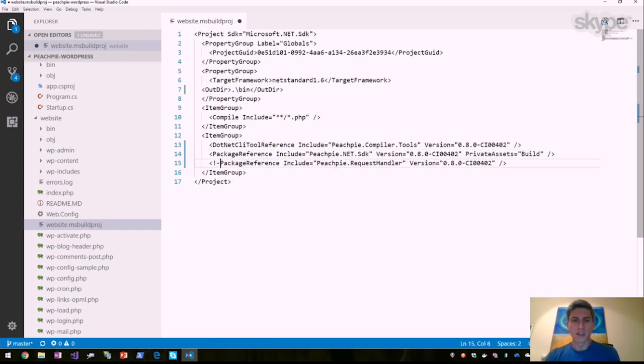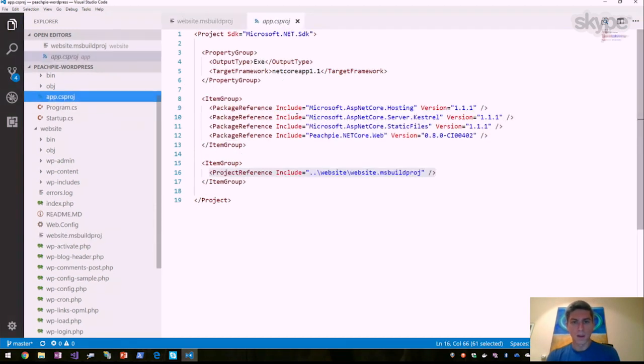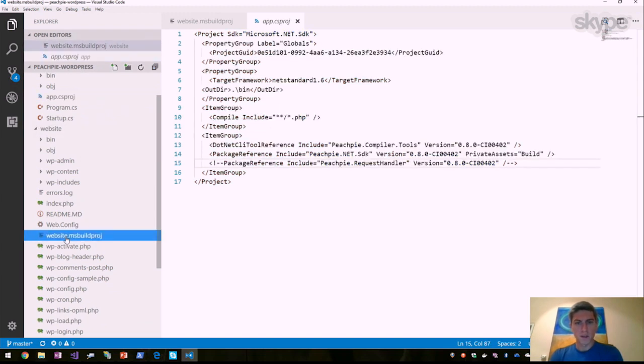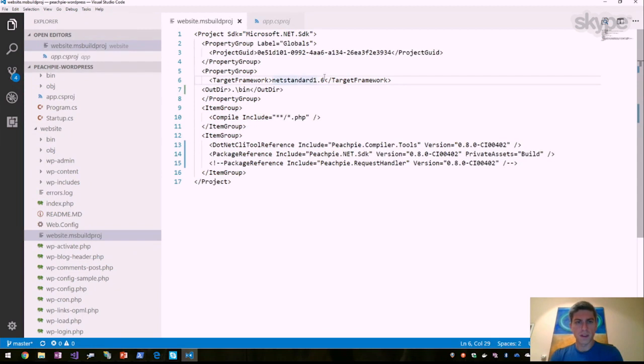And we don't need this ASP.NET request handler, because now we will be using this package for ASP.NET Core. So this package contains our middleware for ASP.NET Core, and that's pretty much it, I guess. In here, yes, net 1.6 and